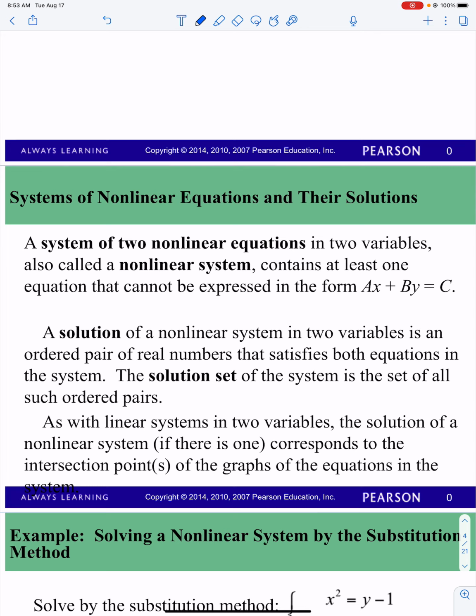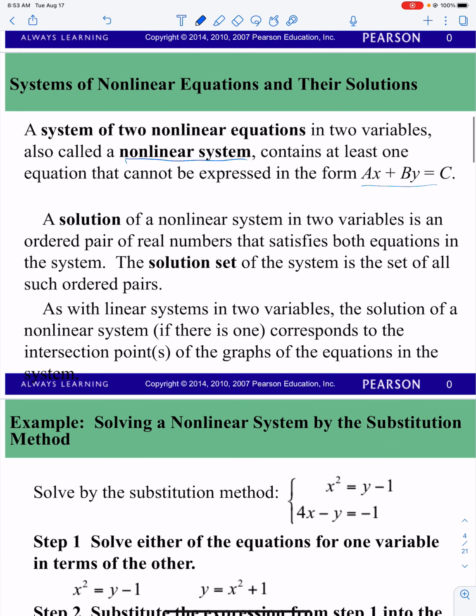Okay, so a system with two nonlinear equations in two variables is called a nonlinear system. It contains at least one equation that cannot be expressed in the form of ax plus by equal to c. So if all of these are in the form of ax plus by equal to c, that's a linear system. A solution of the nonlinear system in two variables is an ordered pair such that it satisfies both equations. It's the same as before. So, as before, the solution also corresponds to the intersection of the graphs of the equations